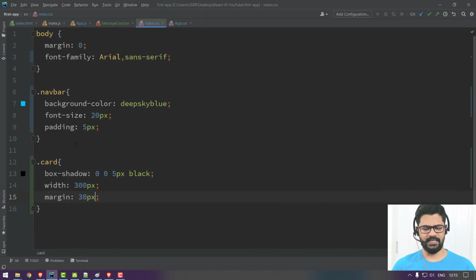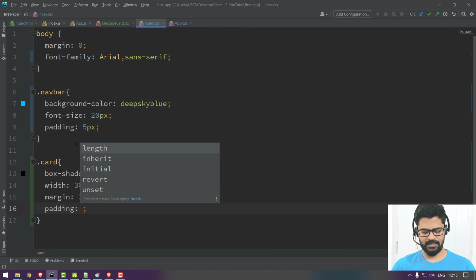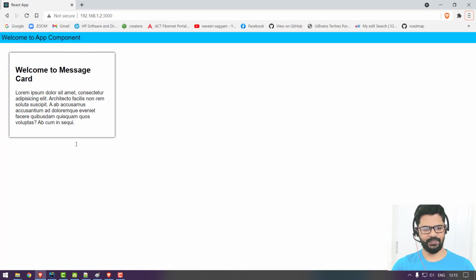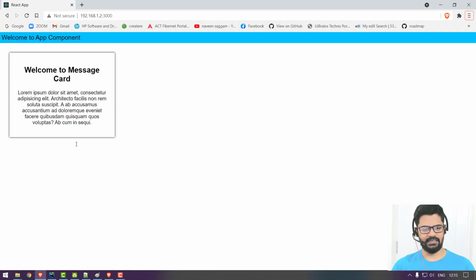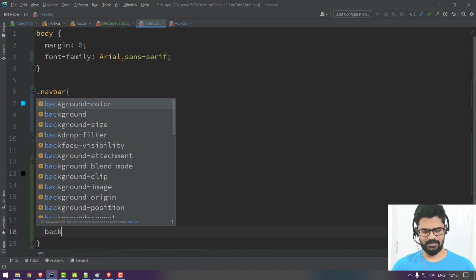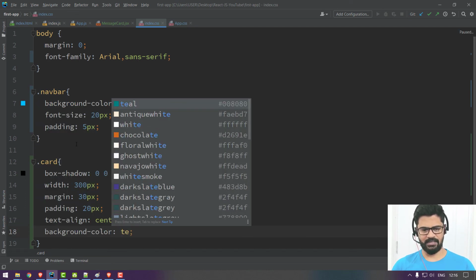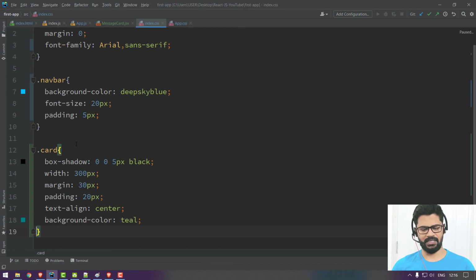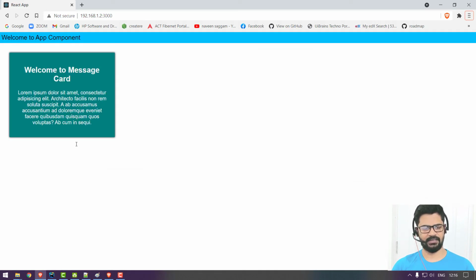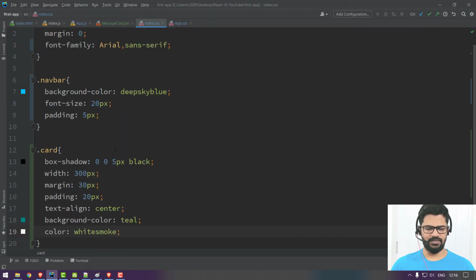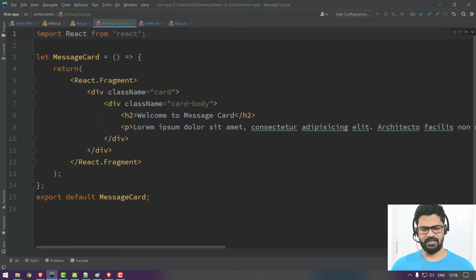We give some padding inside, that is some 20 pixels. Okay, let's keep the text centered, text align center, and let's give some background color, something called teal, and for the text color, just say color, some smoke white, like that. Okay, instead of "welcome to message card", just say "welcome to React".